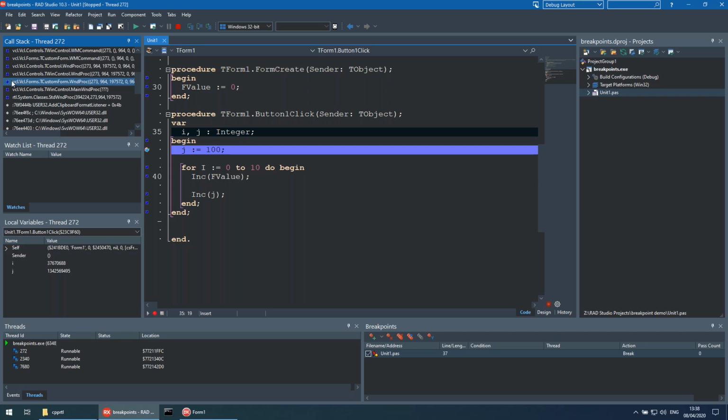You can see on the left there are the blue and grey dots, and those look exactly like the blue dots that you get in the source editor, indicating whether you can place a breakpoint or not. And that's not coincidence, because you can place a breakpoint here. So I can just click on the left of the call stack. And you can see I now have a breakpoint here on TCustomForm.WinProp. So if I run again,